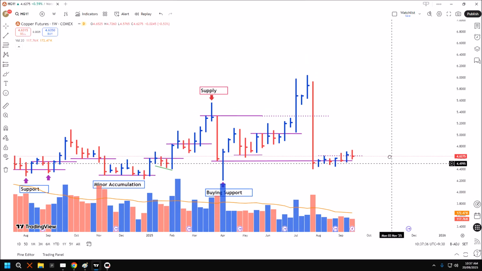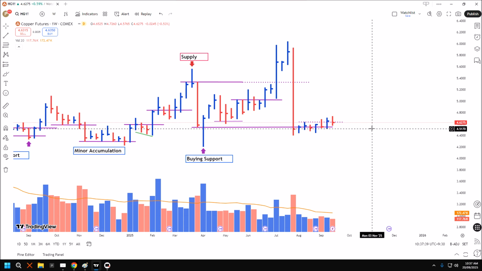Copper price futures. Copper price futures continue to trade in consolidation and absorption mode following this widespread down bar. The market's effectively trading in this range here, adjacent to this line where previous support came in the background. There's no great indication the market's going to push higher. You can see volumes remain below the average, and they're even reducing slightly over time.